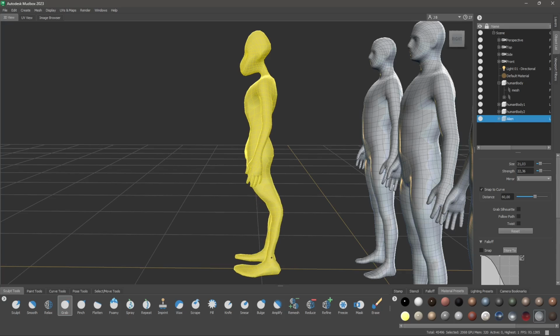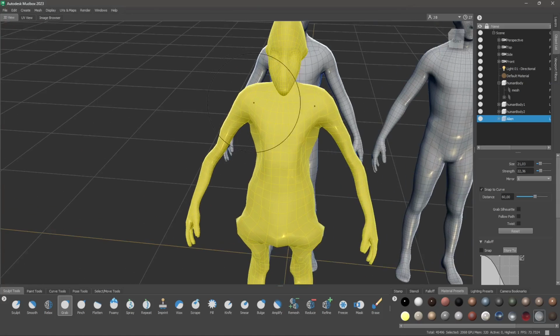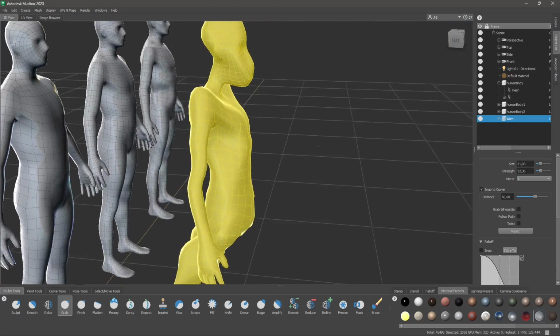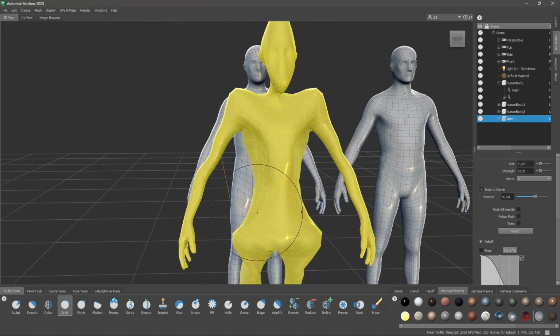You can see again, I'm trying to create not a human shape essentially, but something a little bit different, which looks more like an alien or a different creature, which is not human. I'm creating the legs here, and I'm changing the belly and the shoulders. So take your time. This would take hours, but I'm trying to move forward pretty quickly so that I can show you all the steps. You can see I'm using the grab right now, which is another excellent tool to define the overall shape. So grabbing